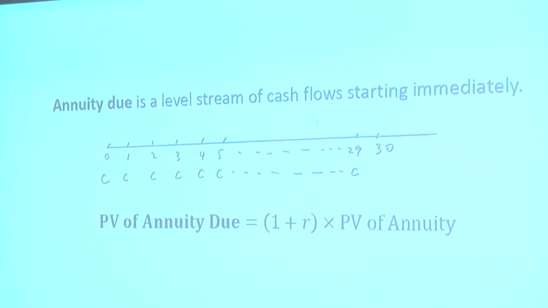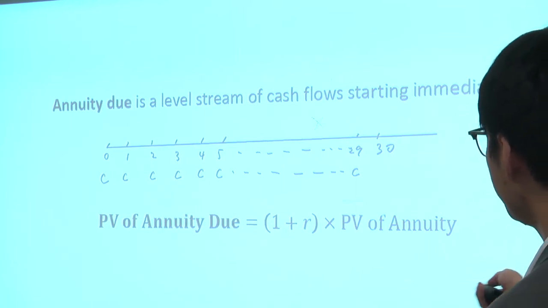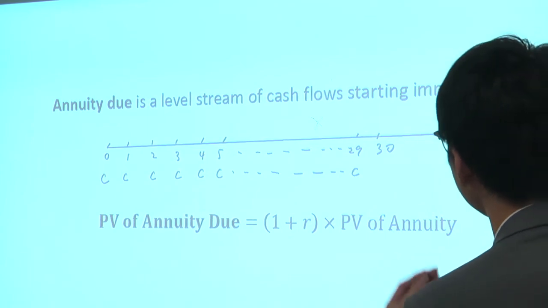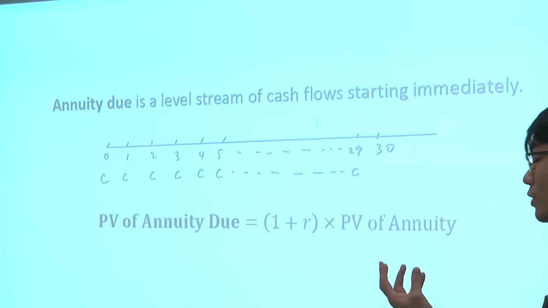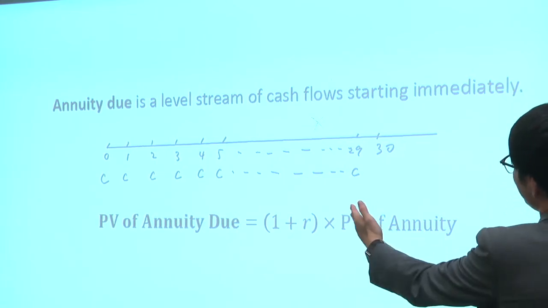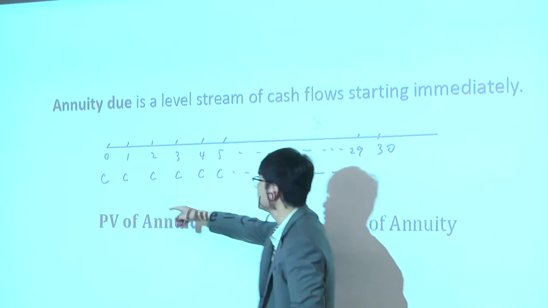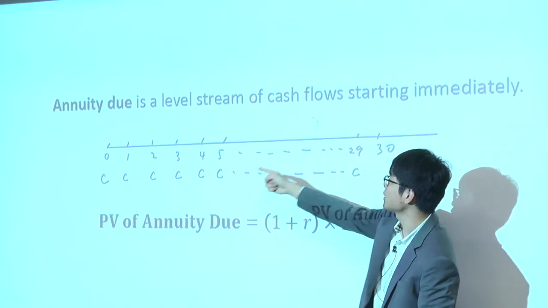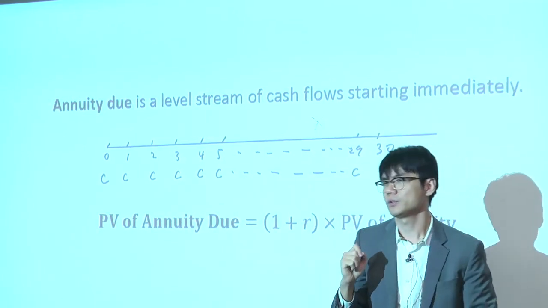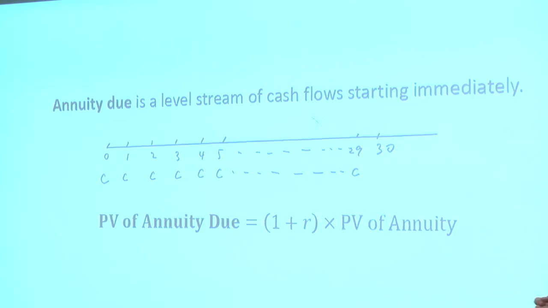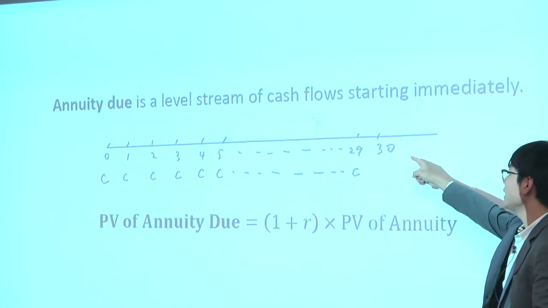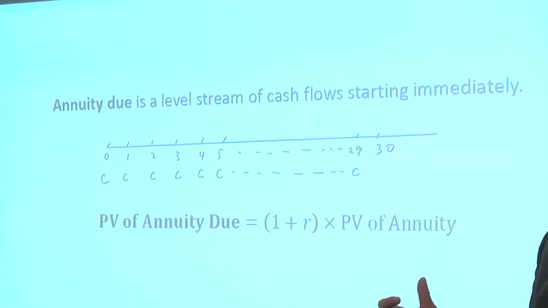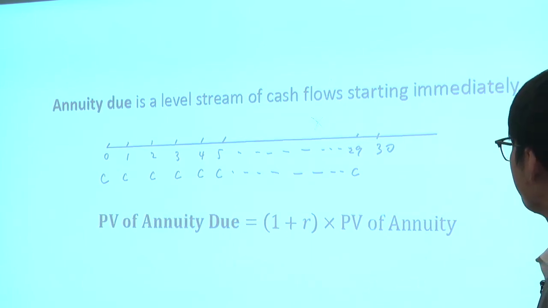Generally, to calculate the present value of the annuity due, this is the equation I prefer: using 1 plus the interest rate times the present value of the same annuity, but starting at the first year. Okay? So a very standard annuity starts in the first year and lasts to the 30th, like this one. But this one is an annuity due, which starts in the 0th year and lasts to the 29th year. So to calculate the present value of this annuity, generally speaking, do this first, and then use 1 plus r times the present value of that annuity to get the annuity due. Okay? It's easier. Okay.